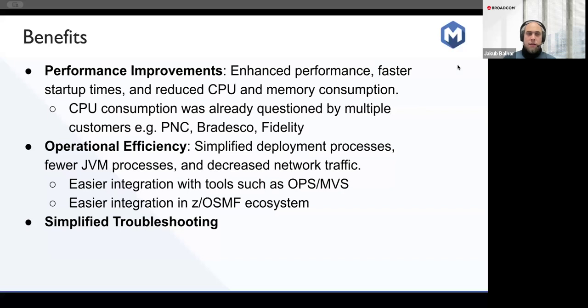The main benefits that we hope to get from this change to the architecture. First of all, it's enhanced performance. We remove lots of the communication that needs to happen for idling, for all the requests that were coming through the API gateway. We hope to get, and I believe that we will get, the faster startup times with less communication and less JVMs that need to start, for example, in ZDNT, and with far less TCP/IP communication that actually